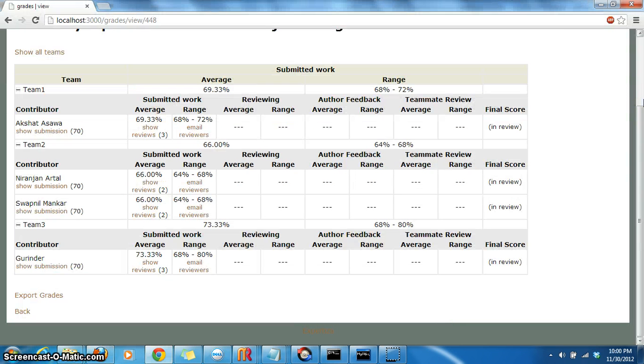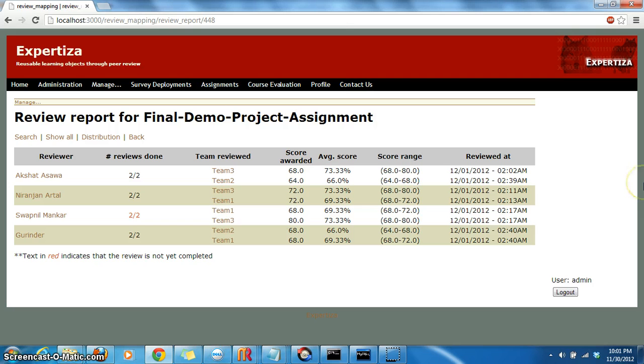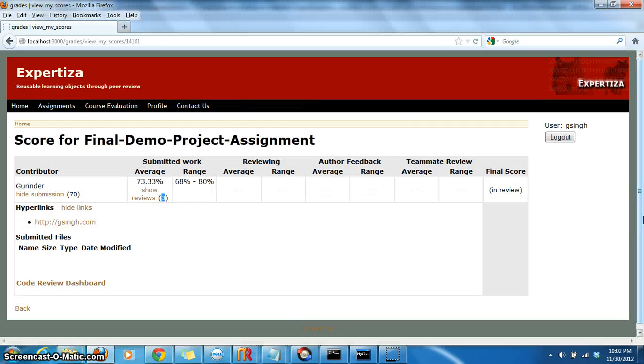Similarly, on the admin side, we can see that as a part of project E610, the correct average scores have been displayed for all the teams. And also as a part of project 607, we can see that the number of reviews that are done by every person are shown. Another part of 607 deals with the refactoring of the get hyperlinks function, which should show